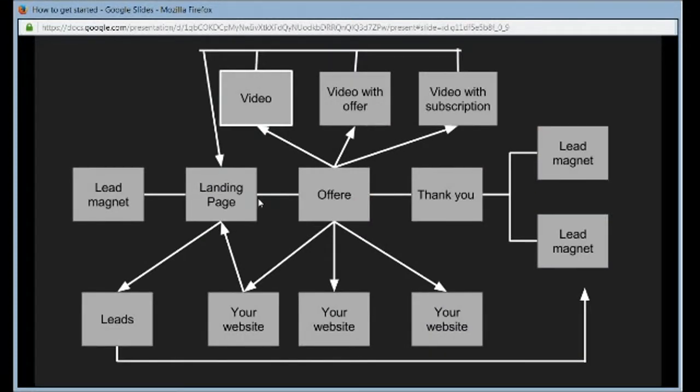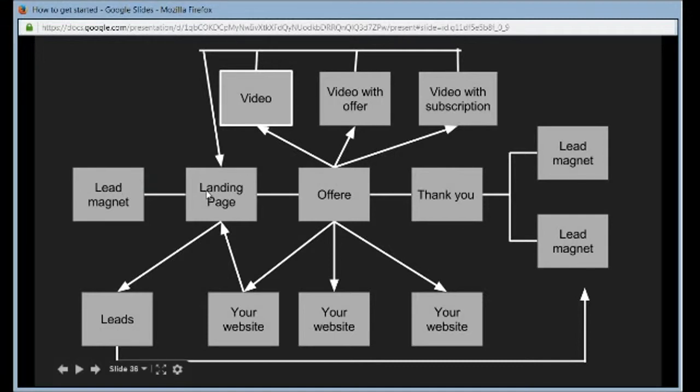Okay, now when it comes to anything that you're doing, this is the way I look at it. You always need a lead magnet. Say, for instance, I'm doing this free course, that's my lead magnet. Not only is that my lead magnet, once they get in, they'll get into the landing pages.